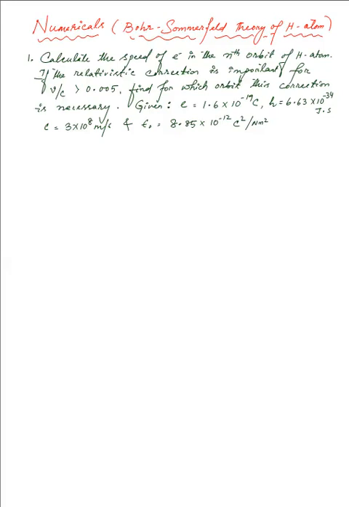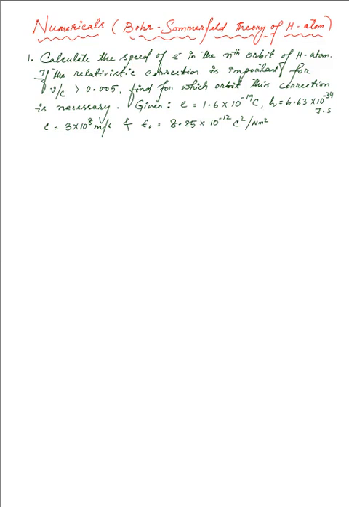In this video, we are going to discuss the numericals that we'll be performing for the Bohr-Sommerfeld theory of hydrogen atom. To start with, the first bit asks us to calculate the speed of the electron in the nth orbit of the hydrogen atom. And if the relativistic correction is important for V over C being greater than 0.005,